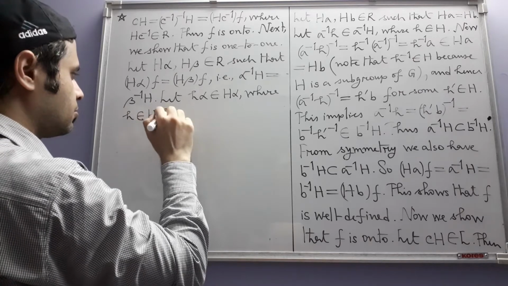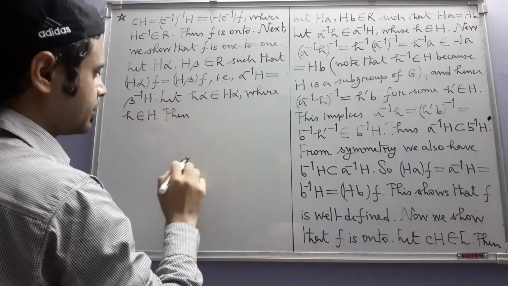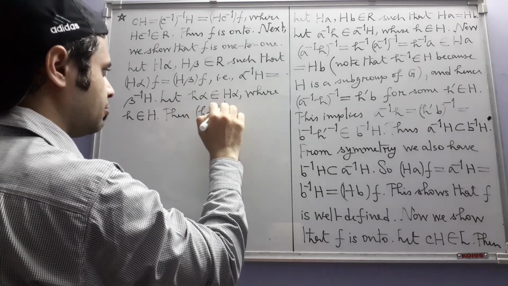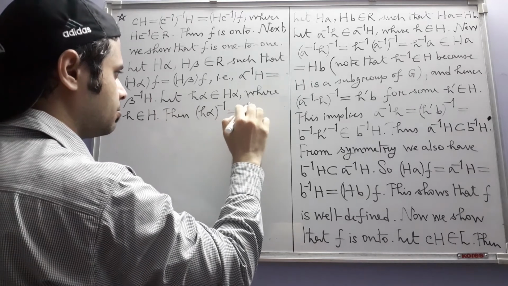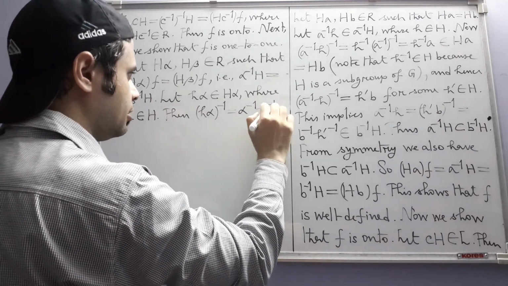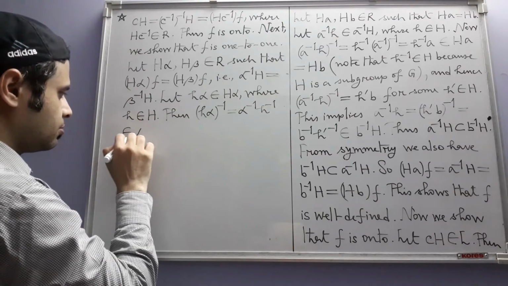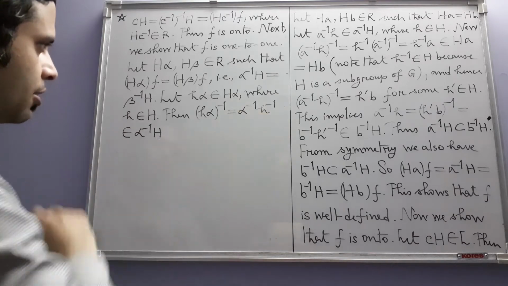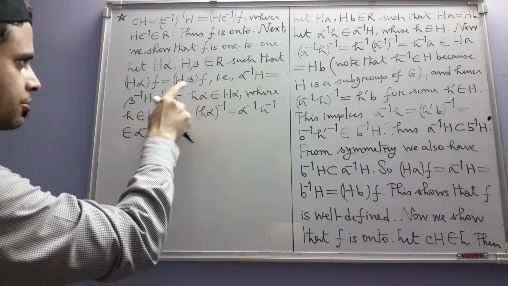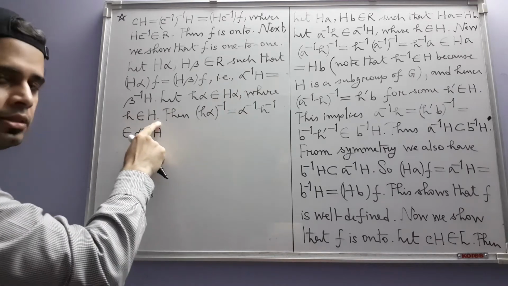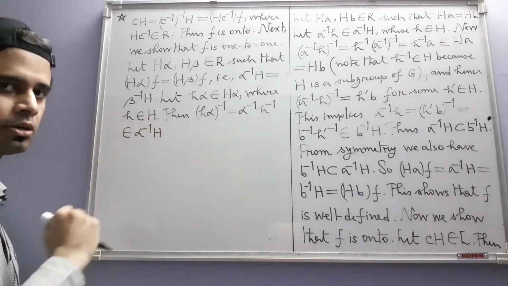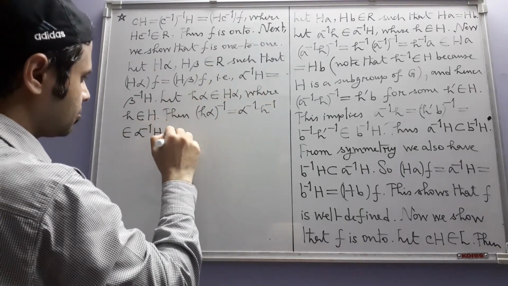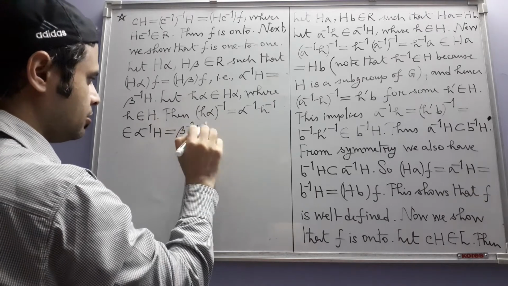Then you take the inverse of this element. H alpha inverse is equal to alpha inverse H inverse, and this belongs to alpha inverse H. Now we are no longer saying that H inverse belongs to H. We already know that, because h belongs to H and capital H is a subgroup, so the inverse of small h will also belong to capital H. And from this condition we get this, beta inverse H